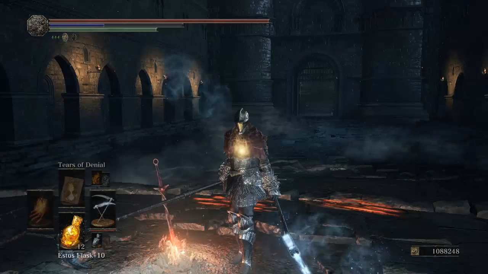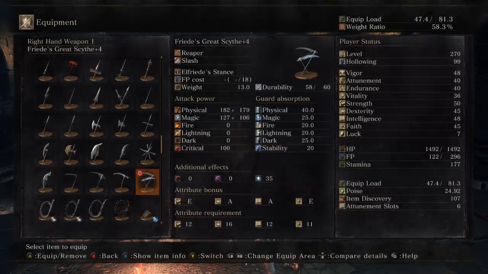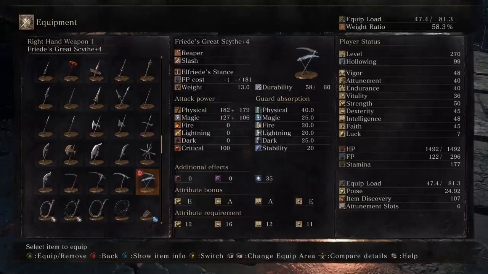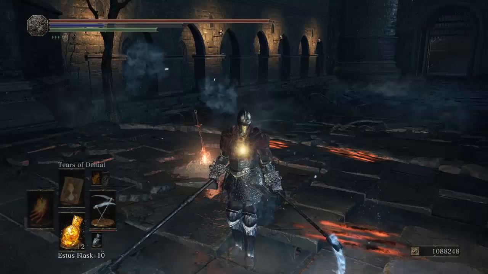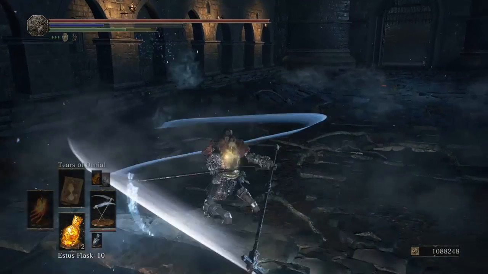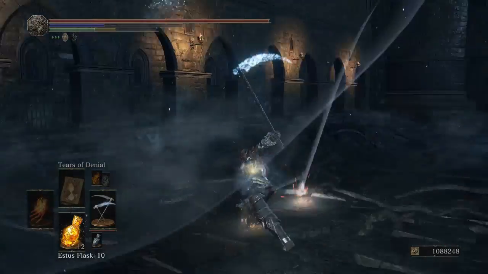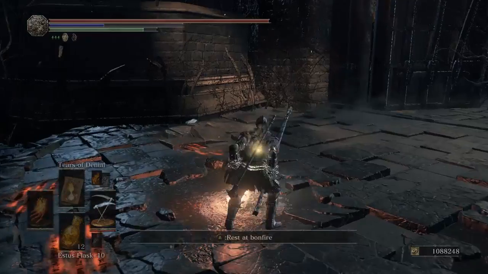But it's definitely a fun weapon, and it has A scaling in dexterity and A scaling in intelligence, so that makes it a pretty damn good weapon for dexterity intelligence builds. Also, one thing to note is that, as you can see, you can really well control when you want to strike with that